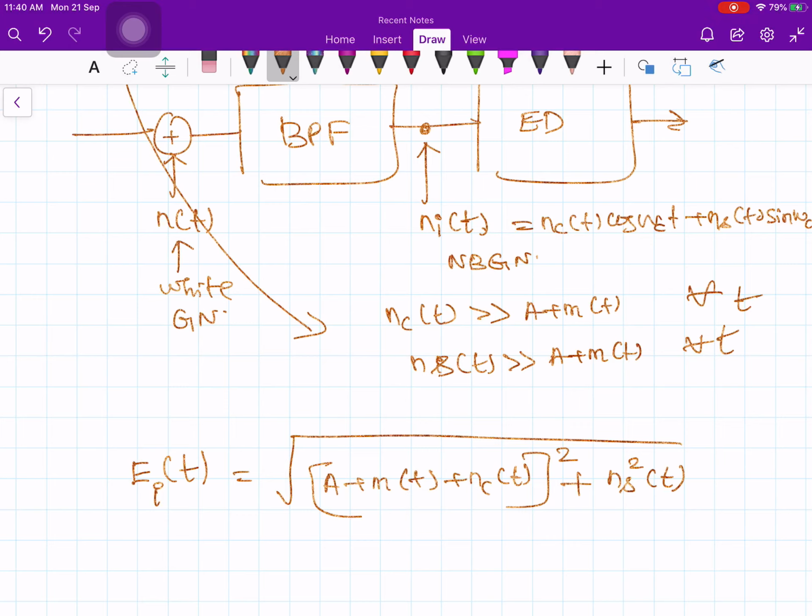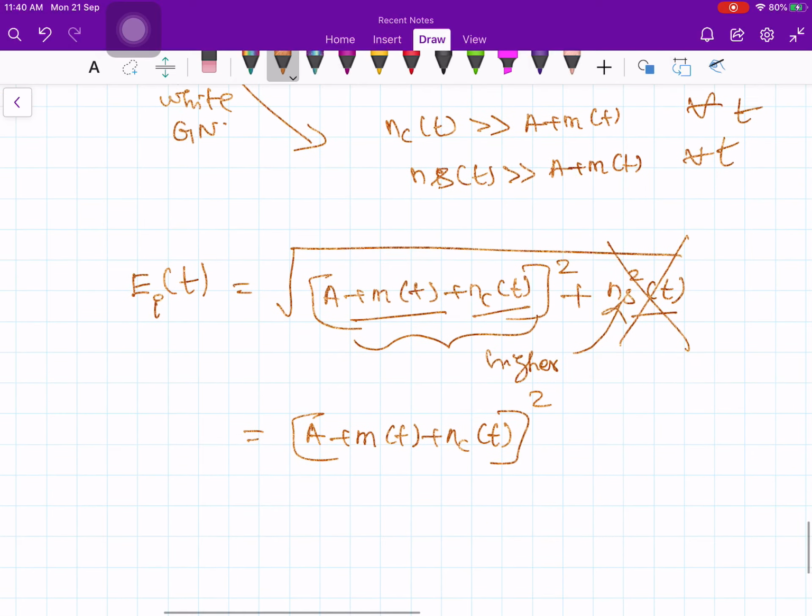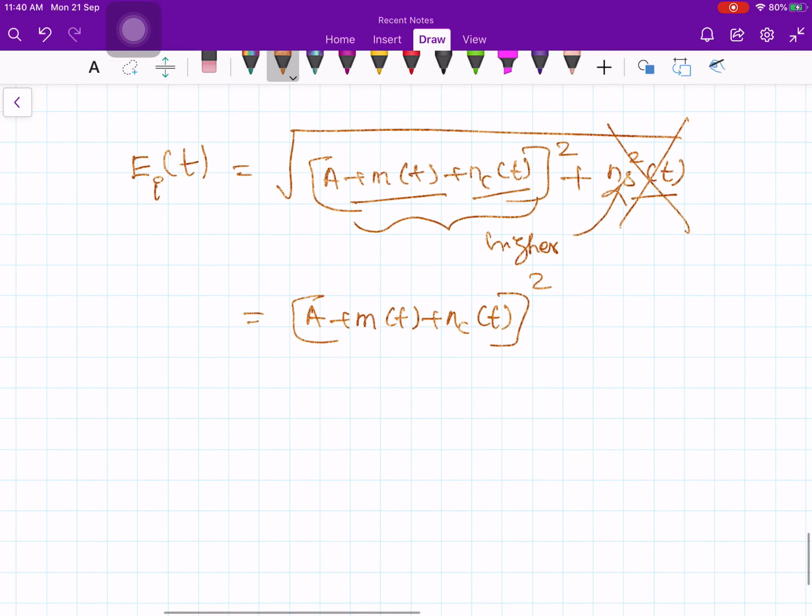Okay, so this component will be higher than this component because you are adding something here. So here you also have nc of t and ns of t, but (nc of t plus something) whole squared. Therefore, this you can avoid. (A plus m of t plus nc of t) whole squared, like (a plus b plus c) the whole square. So that is equal to a square plus b square plus